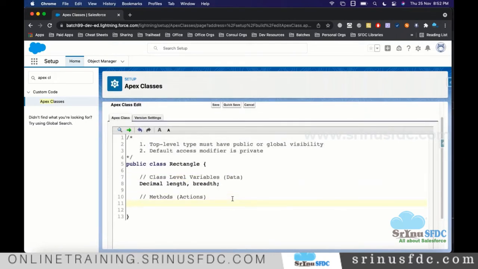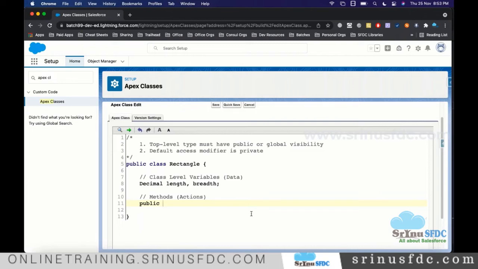So now what is the syntax? Here we say syntax, the rules we have to follow as per the Apex programming language. I want to define a method as public, so I want to give the visibility as public. If you don't mention anything, by default it will be private. Let's say I'm defining it as public. A method should have the return type, right? That means after executing all the statements in the method, do you want to return any value?